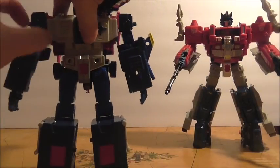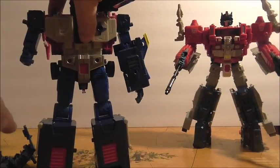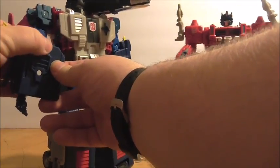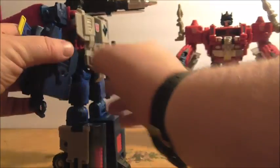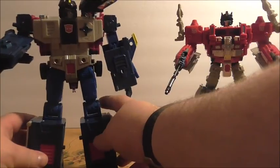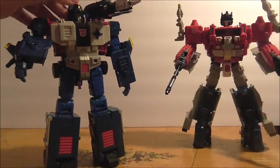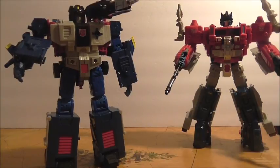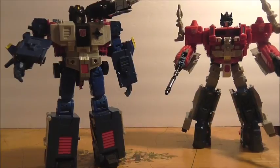Of course. See? It's silly and borderline insulting how simple it is to have this happen. God Bomber is the reason we never got these figures in America. In my opinion, growing up, the number one rule for Transformers is you should not have to take a Transformer apart to transform him. God Bomber breaks that rule in spades, and it's